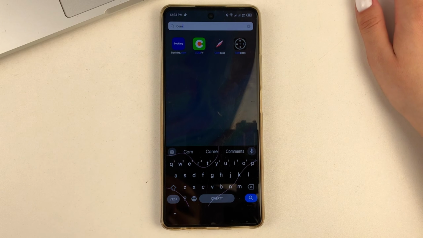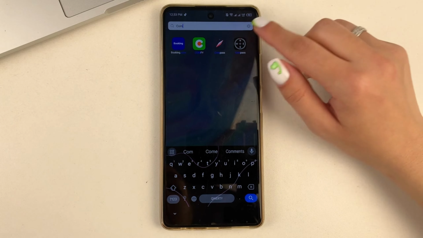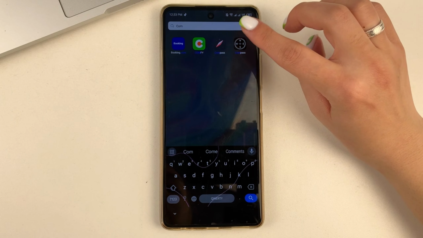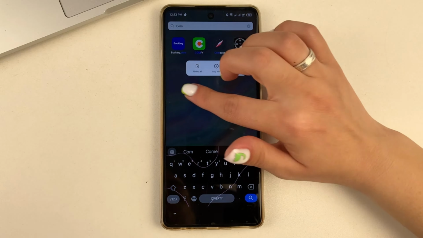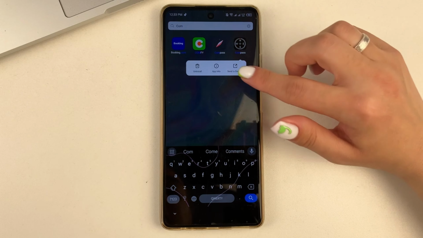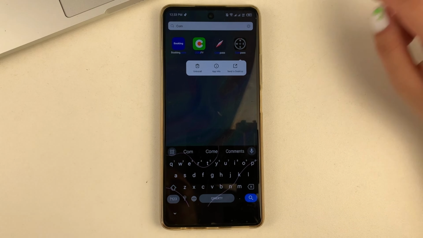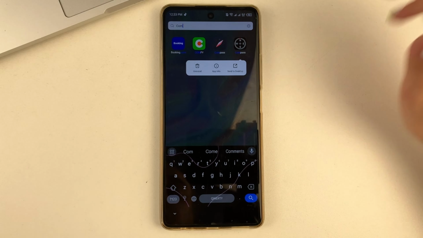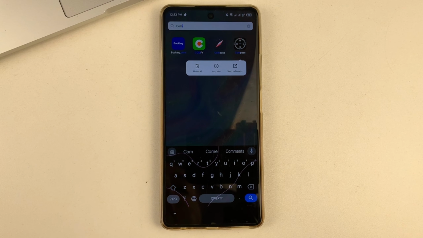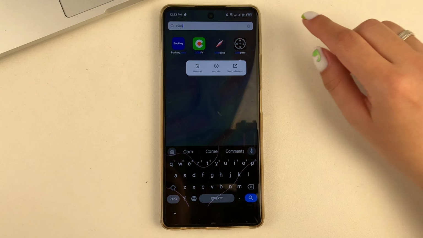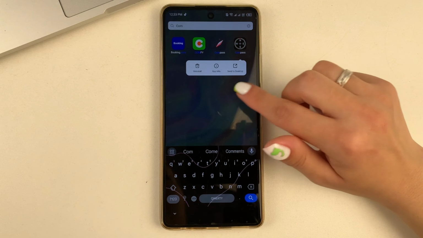When you find the app you want, in order to bring it up on the home screen, you tap on it and hold it down. And so you'll get a little menu of what you can do with the app. And you have to choose either add to home screen or bring to home screen, whatever you want to call it, or to the desktop screen. And you click that function.